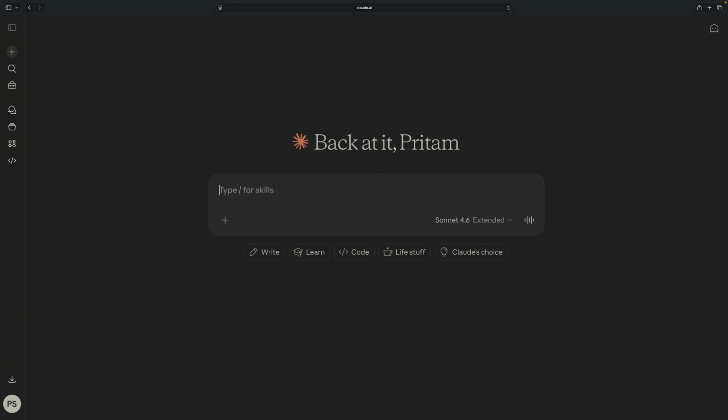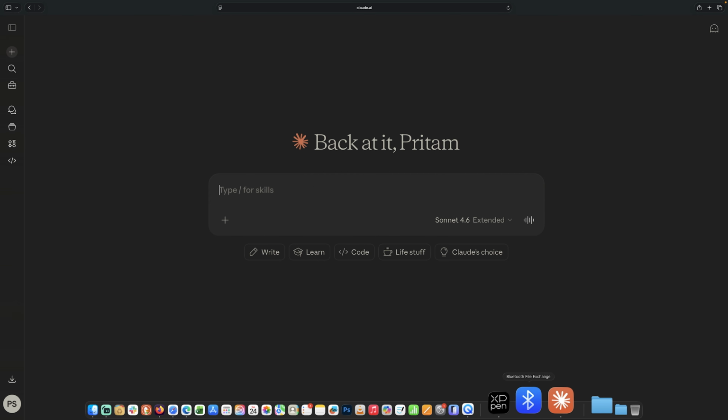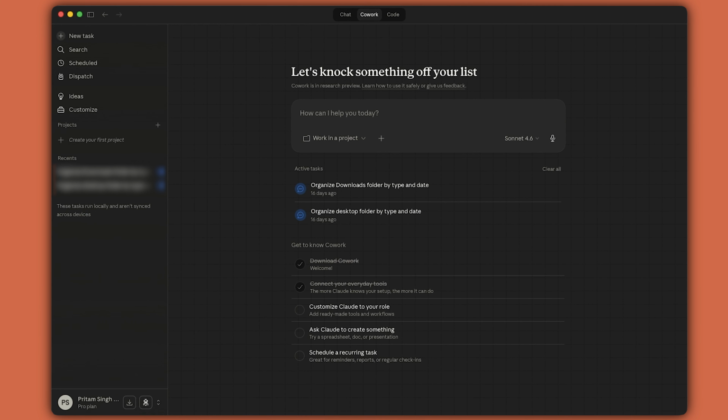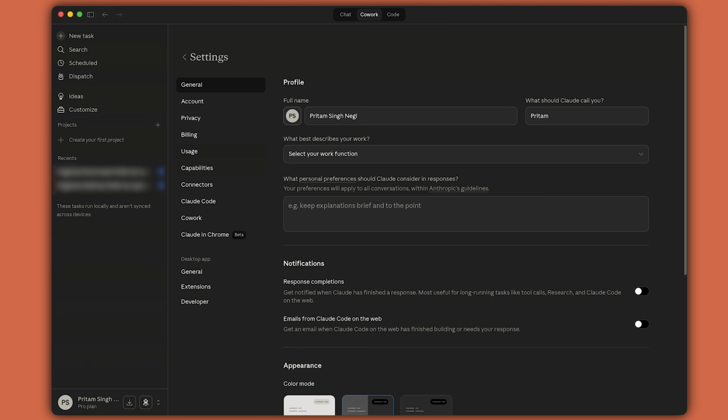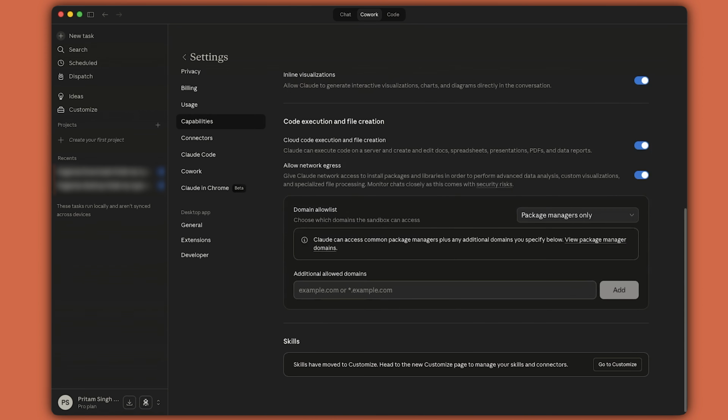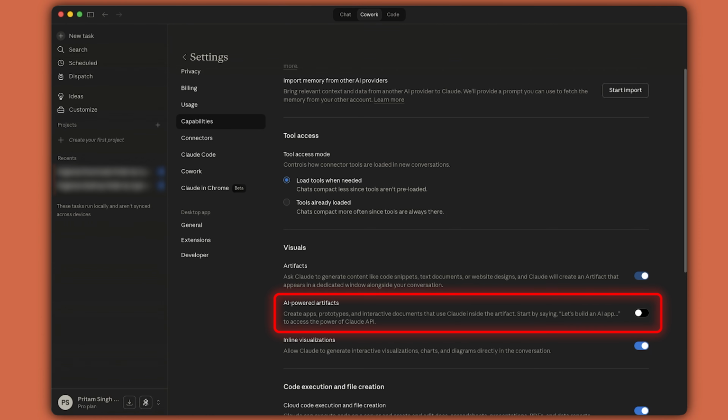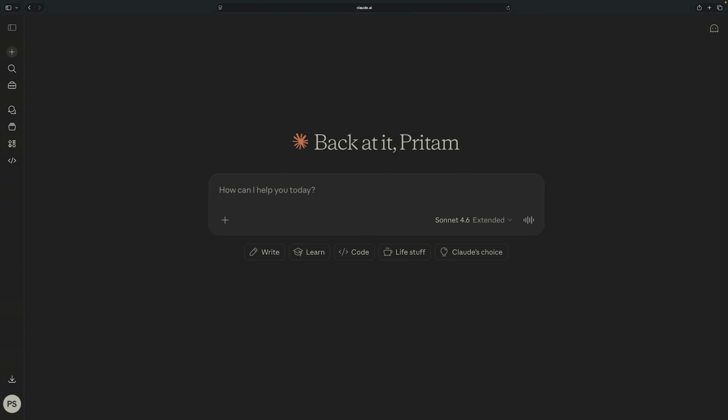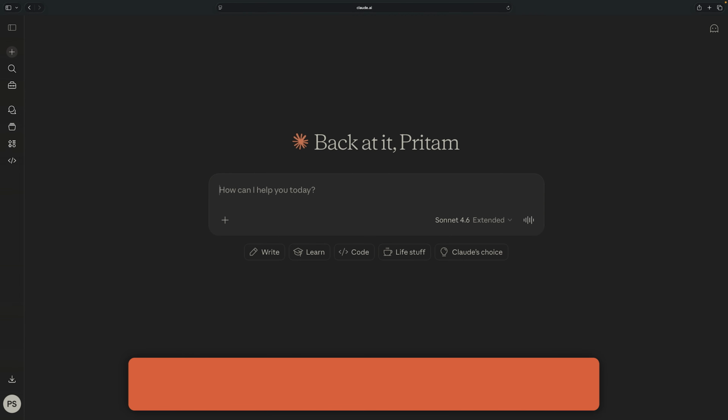And for those users who want to use desktop, I would say the option is exactly the same. So here you can see this is Claude desktop, and again I'm going to settings and the same option, which is capabilities, and here you're going to see in a visual group AI powered artifact, which you can turn on. Alright, now again we are back to Safari, and let's start with our first demo, which is an AI